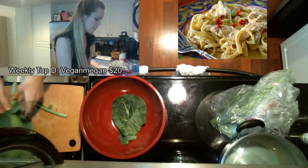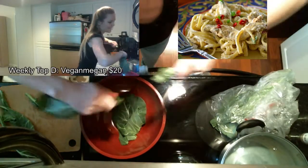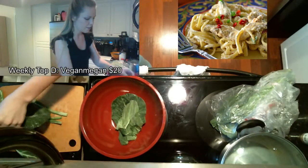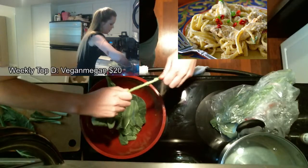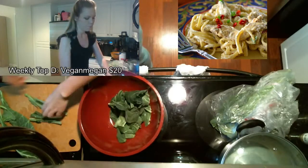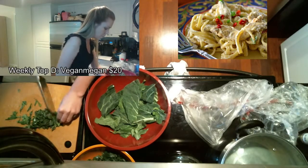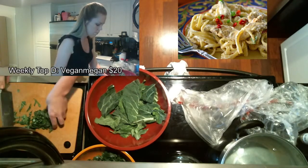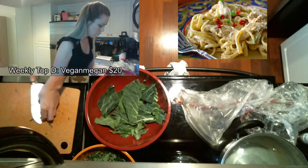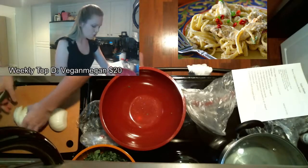He made it look so easy. It wasn't as easy as I thought it was going to be though. The first one worked so well. What's going on here? Okay, that's good. Maybe if I just get it started, it'll go. Okay, that worked. Just a little bit of stem left. It just says chopped, so